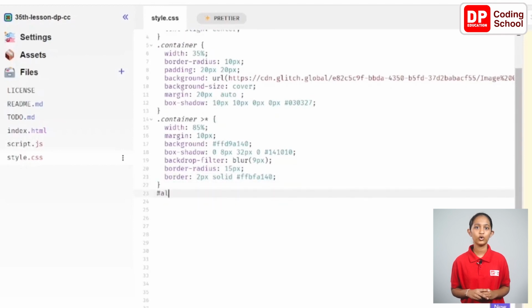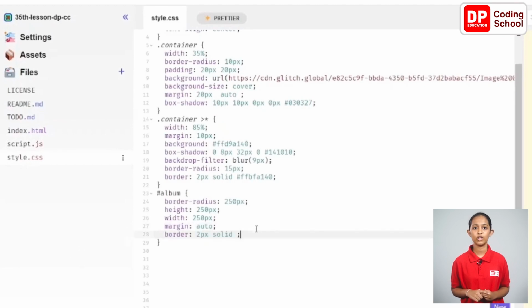Now let's create the code of this ID. From line 24, I give border-radius: 250px; I give height: 250px; from line 25. Now I give width: 250px; from line 26. I gave margin: auto; from line 27. Now in line 28, it is given as border: 2px solid;